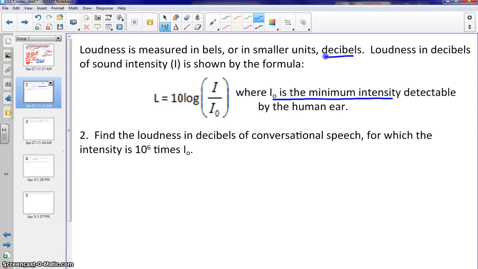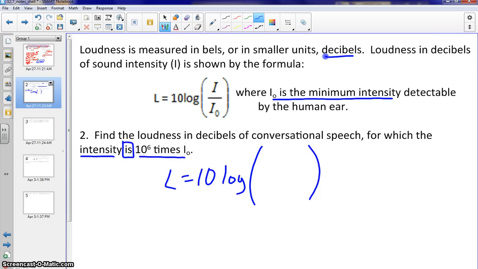Okay, so let's try our first example here. Find the loudness in decibels of conversational speech for which the intensity is 10 to the 6 times I sub O. So plugging into our formula, we have L equals 10 log of, well, let's try to figure out what I and I sub O are. Going back to our problem here, the very last part, it says intensity is 10 to the 6 times I sub O. Well, intensity is I, so that would be equivalent to 10 to the 6 times I sub O. So substituting that in for I,